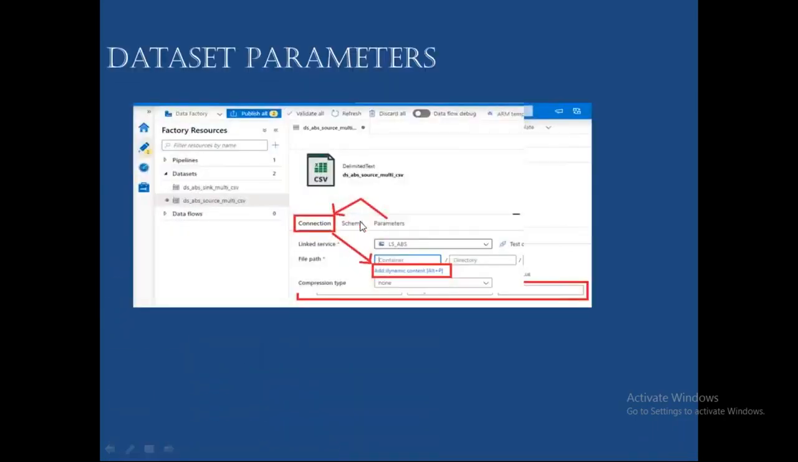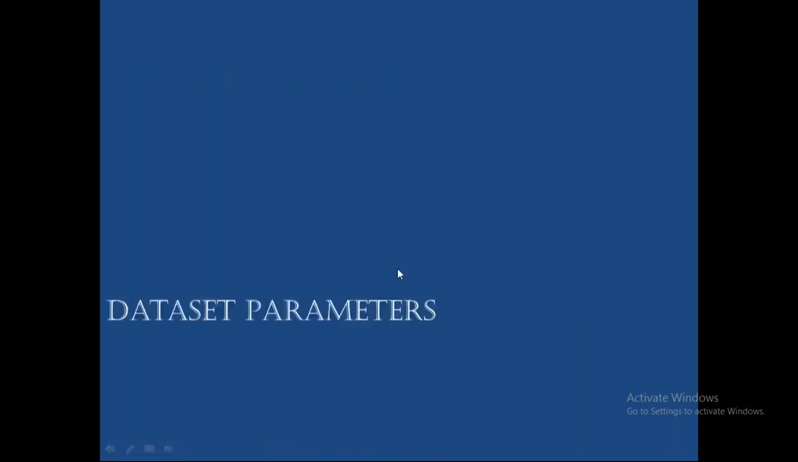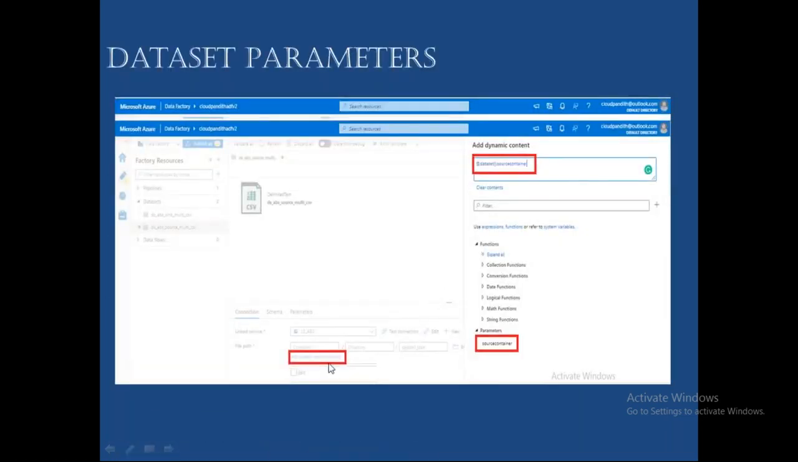Next, here you see, once you create that particular source container, then you have to give it here. Okay, if you want to pass subdirectory dynamically, then you have to use that parameter here. Okay, if you want to use file name dynamically, you will have another option here. There you need to select this particular add dynamic content. Okay, next. See here. So once you click add dynamic content,